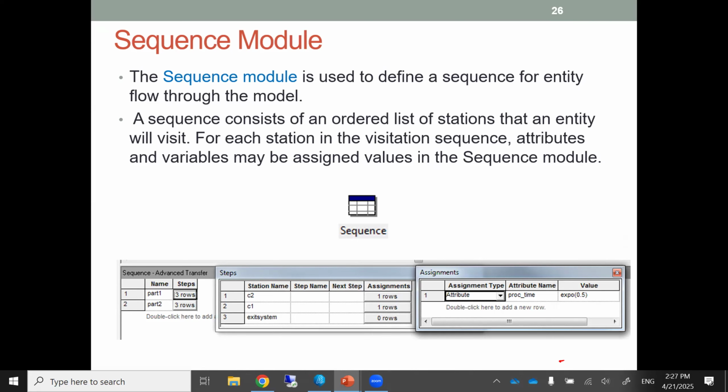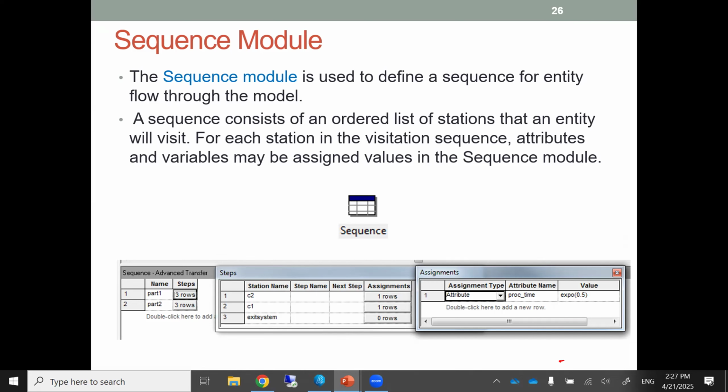For example, let's say you have 2 parts, each one with a different sequence of stations to visit. You go here and you specify the steps. So in this case, you're moving from C2 to C1 and from C1 to the exit system. If there's an assignment of any type associated with that entity,